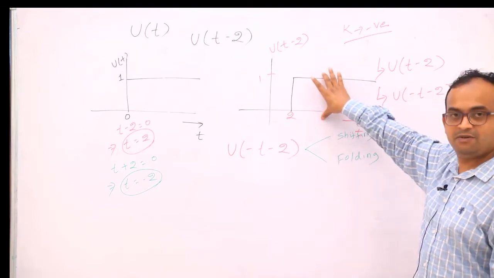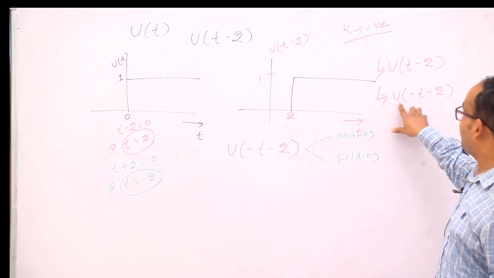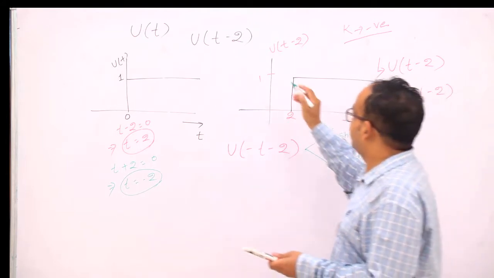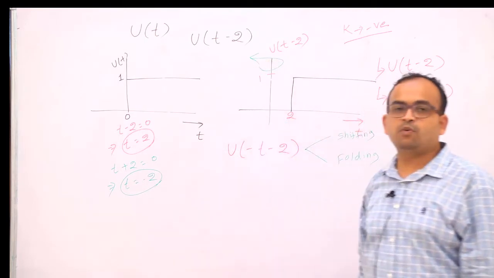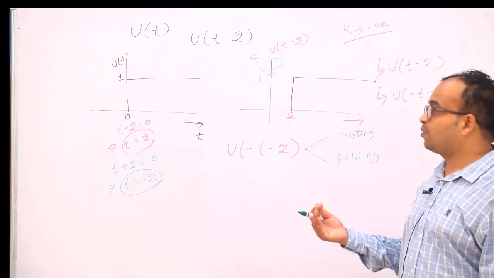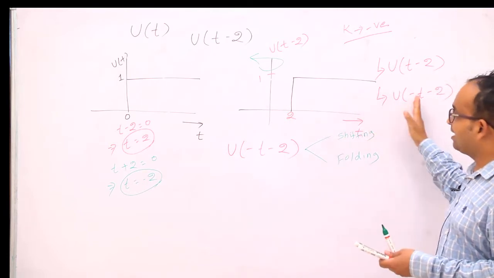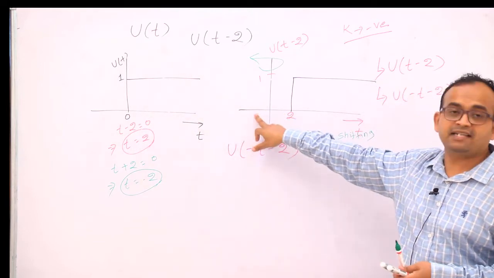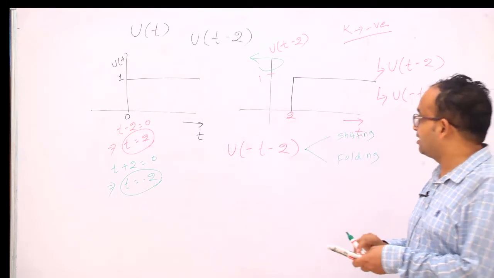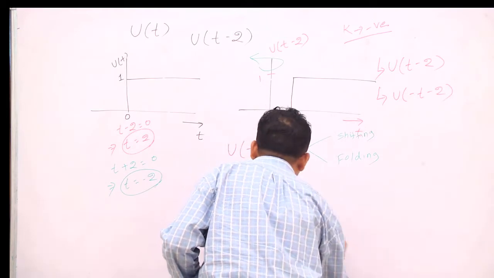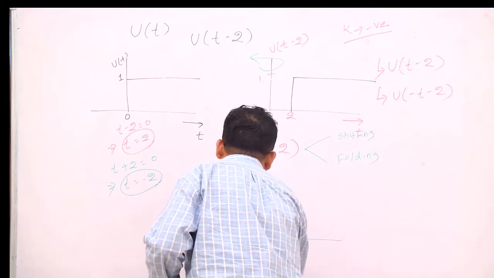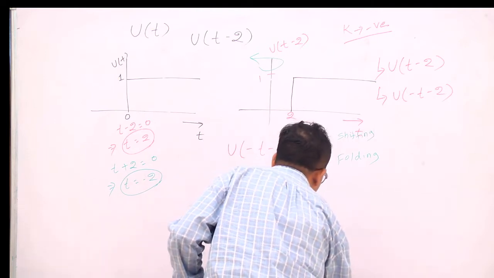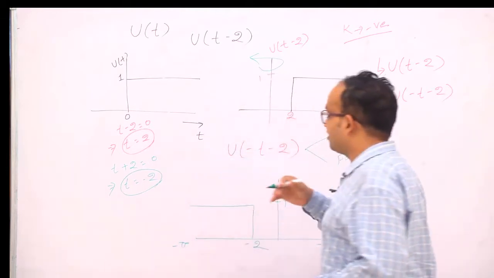This is the figure we know, right? Now we have to find the value of u of minus t minus 2. Means we have to rotate the signal about the y axis. If you rotate the signal about the y axis, then this infinite will now go to minus infinite, right? This will be minus infinite to minus 2. Remember this thing. The new signal will be like this, this is your time axis, amplitude remains constant.